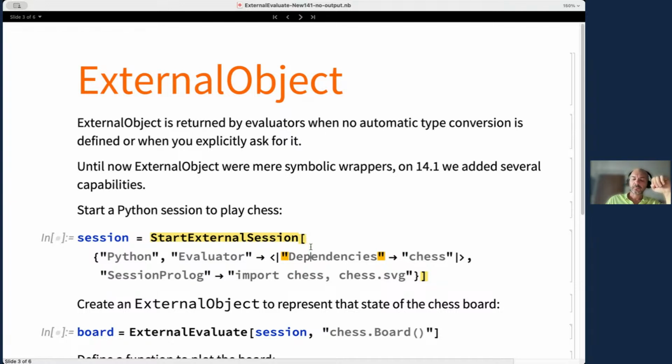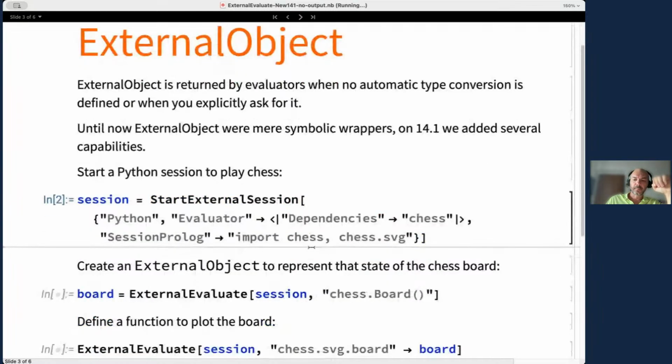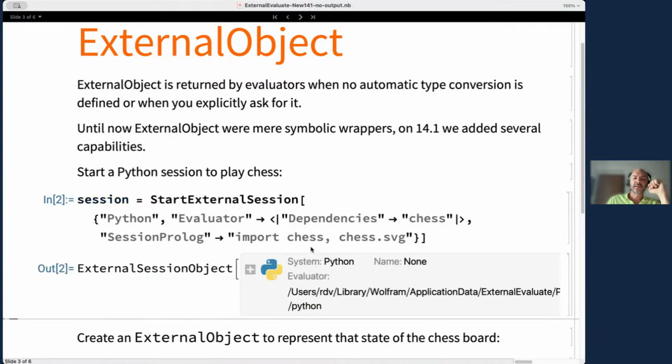So another thing that I want to talk about, you have seen this small loading when I executed this line of code, is the evaluator specification. This is something that we actually introduced in version 14. It's not new in this version, but just as a reminder,